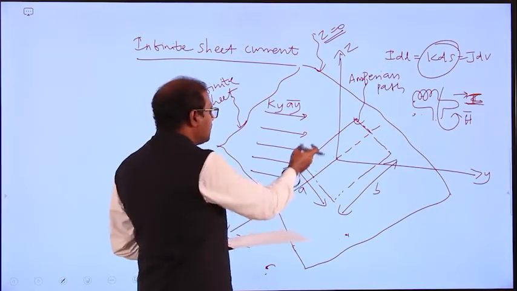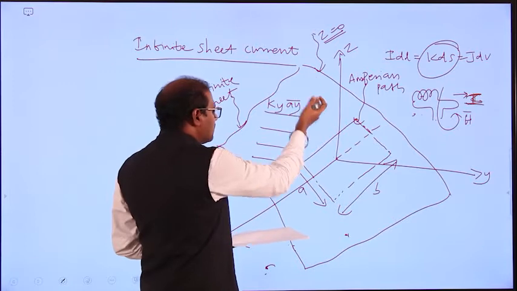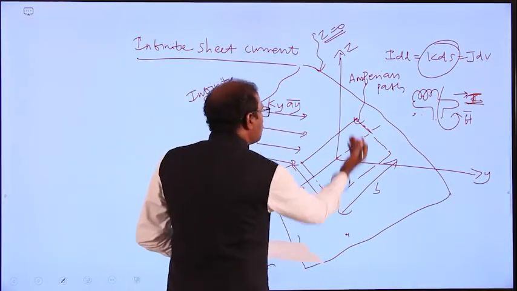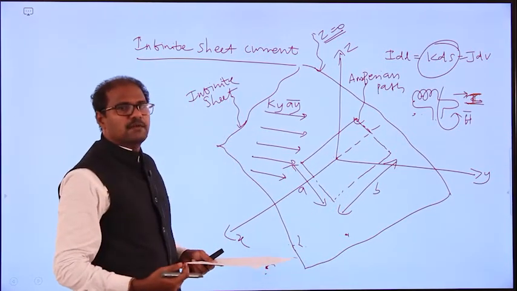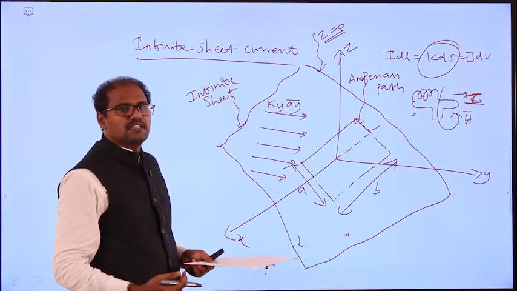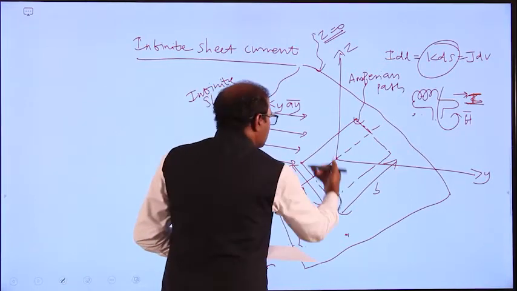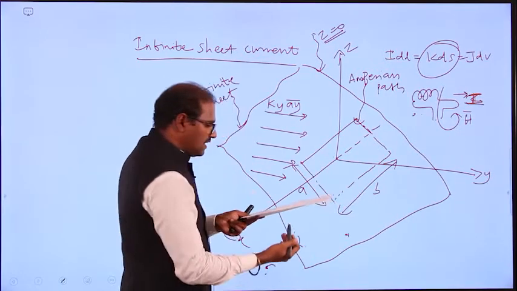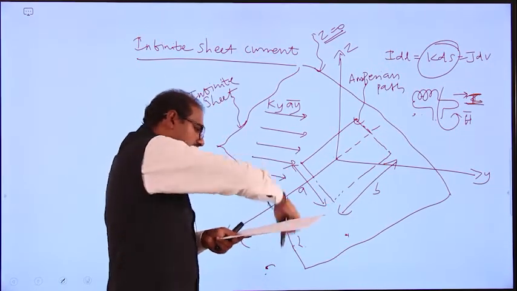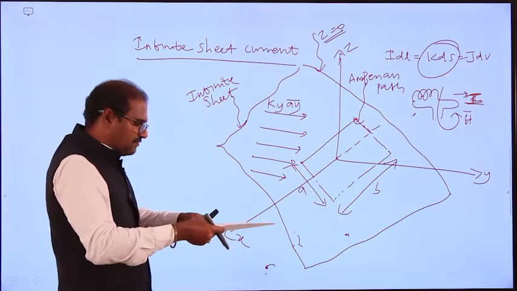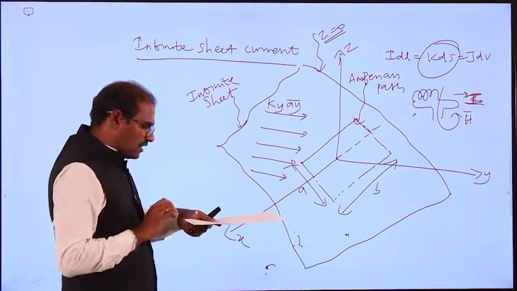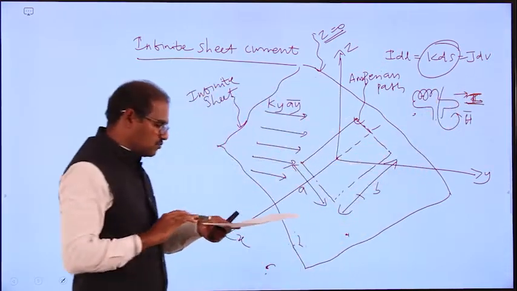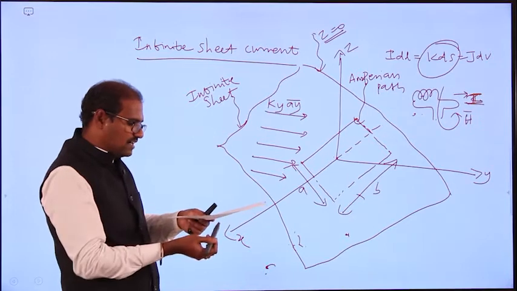The path should be above the line and then below the line, because current is moving, and the field component is like this. Yes or no? Amperian path means the magnetic field intensity will be moving around the sheet. Surely that magnetic field intensity will come and then again go. This is for the infinite sheet. Current is moving, and the magnetic field intensity will be like this.